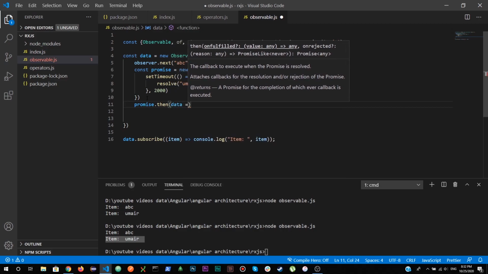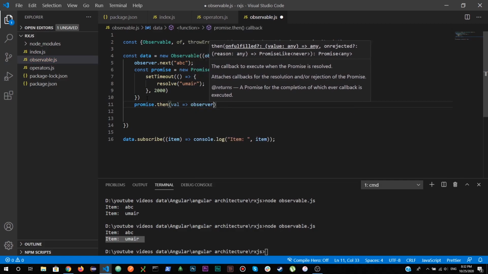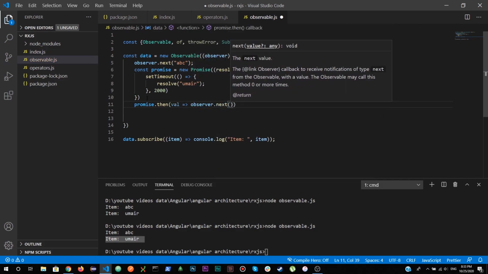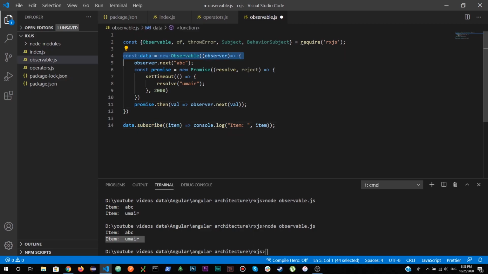So promise.then, and here data, let's say well, observer.next well. So what it's gonna do is, I have subscribed to it, so this is the observer. This will be quick, right? And then next resolve. This is the promise. Resolve is used when there is no error, but when there is an error, we use reject.